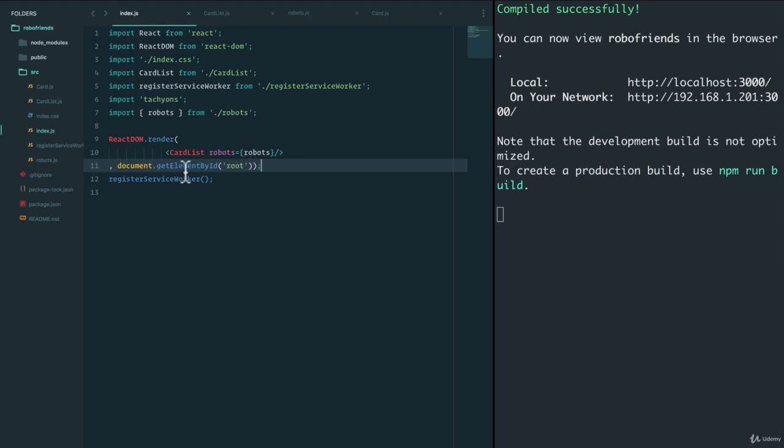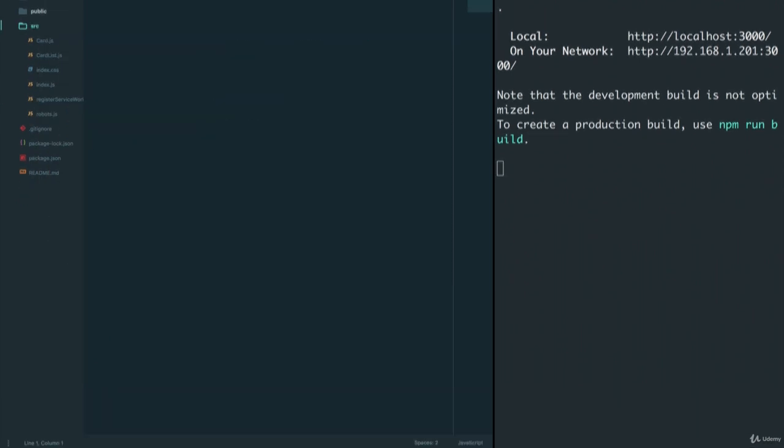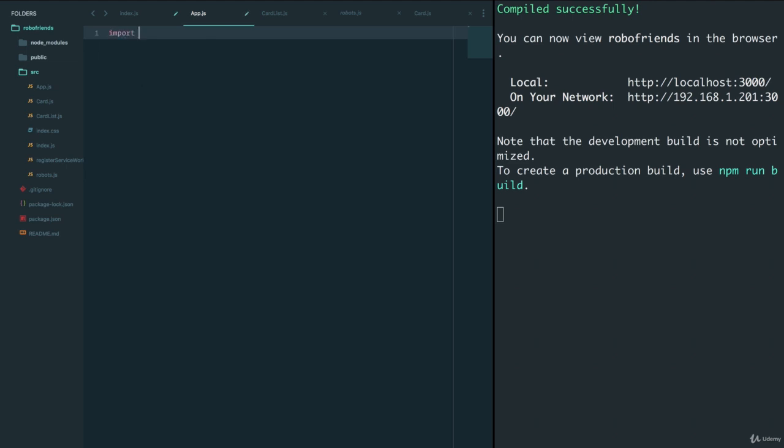If I go to index.js, I think now that we're officially building an app, instead of having the card list component here, we should have one big component called App. And this App will be the father of all our children, all our components. Let's do that. Let's build the App component first. And this App component, again, will import React from React. And App will equal